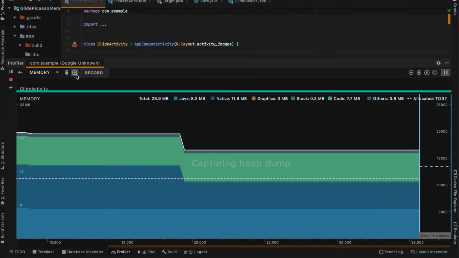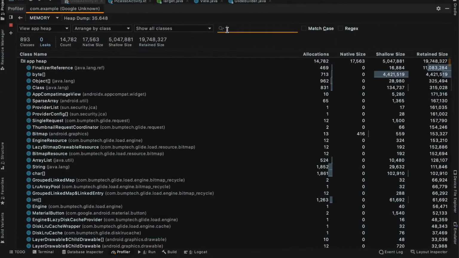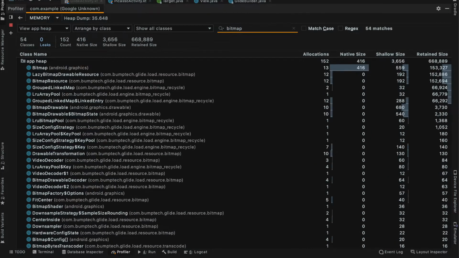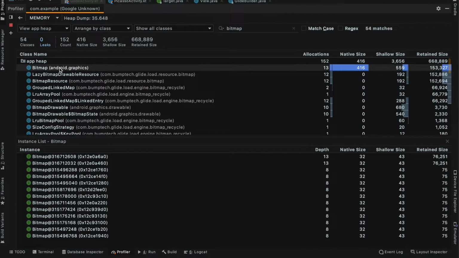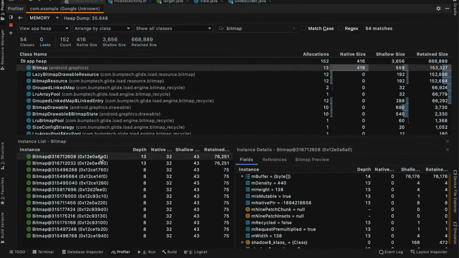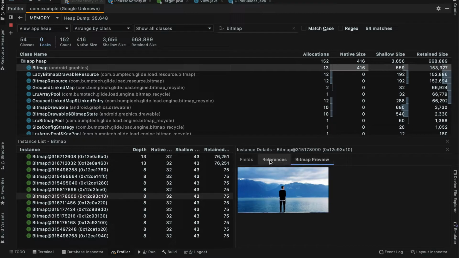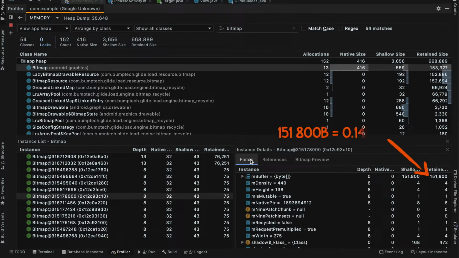To find out how big are bitmaps stored in the memory, the easiest way is to just measure it using Profiler. In Profiler, we can make a snapshot of memory used at any given time, a heap dump, and find out how many bitmaps are loaded and how big are those bitmaps. As you can see, in this simple demo app, I have a few bitmaps loaded. Here is a preview of a bitmap, and here you can see the size in bytes that this bitmap takes.